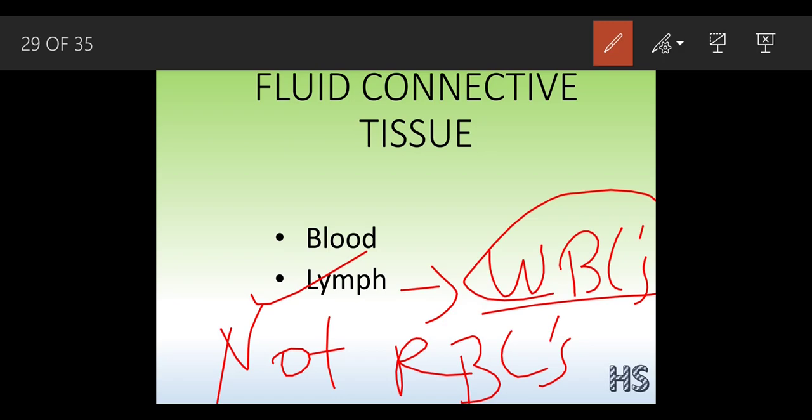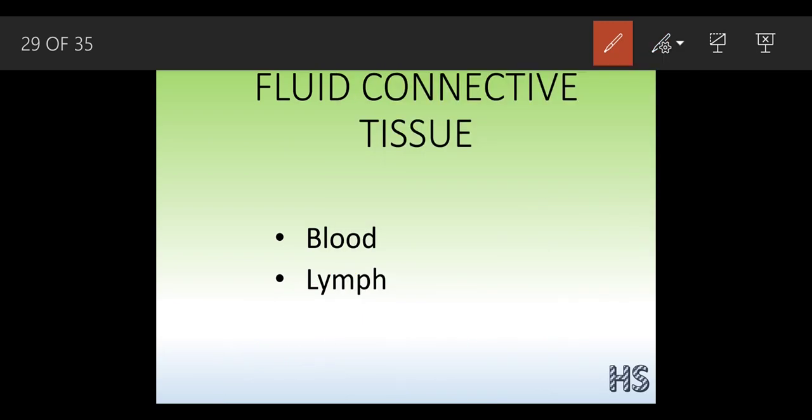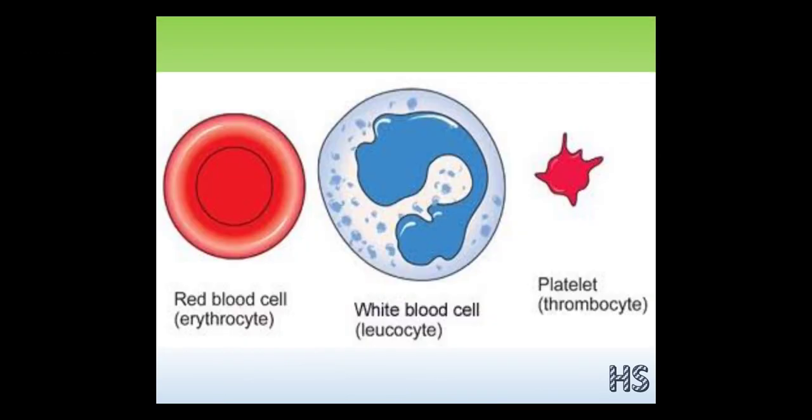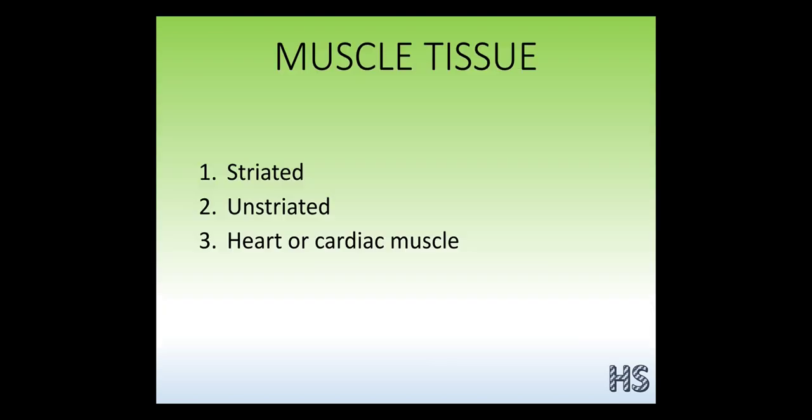This lymph is a vessel. Just as we have blood, we have lymph also. See, these are the different types of structures which are present inside the animal tissues. RBCs, WBCs and platelets. The RBCs have a biological word, that is erythrocyte. WBC is called leukocytes and the platelets are called thrombocytes. These erythrocytes, leukocytes and thrombocytes are nothing but the biological terms.